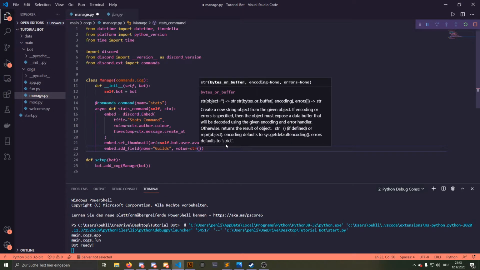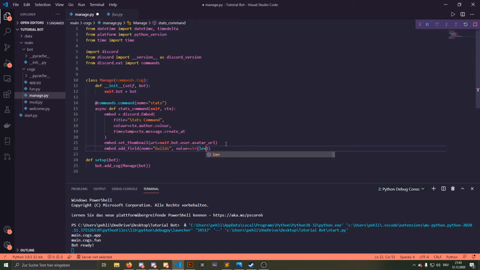We will convert, because we want to display every guild, and let me write something out here first. A str, a len, and then in here self.bot.guilds. Why so complicated? Why don't we just write guilds? Because it's obviously showing us the guilds. Not exactly. When we write self.bot.guilds, which is basically all the guilds the bot is in,